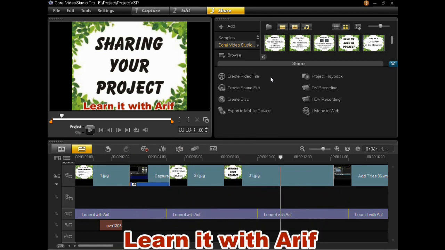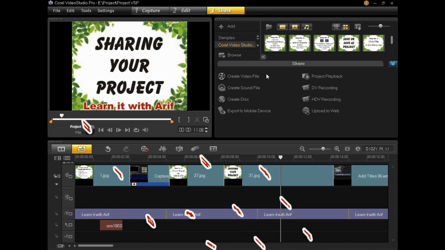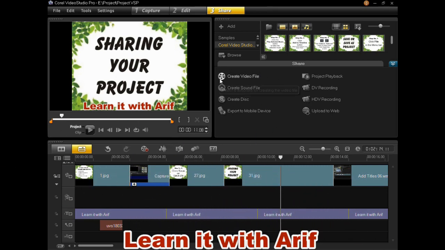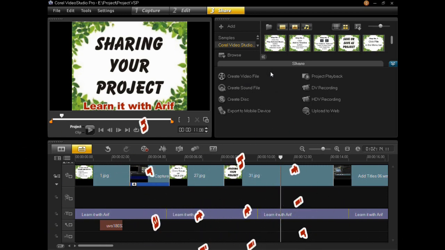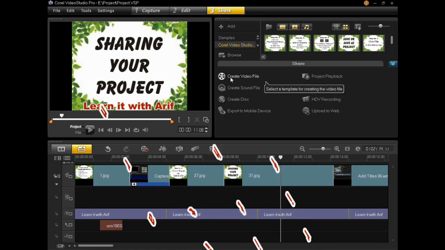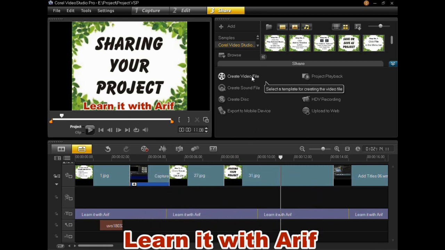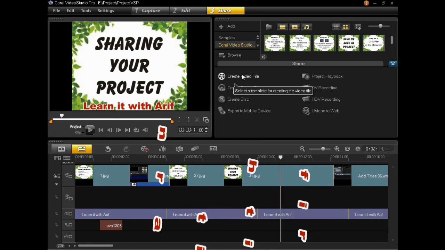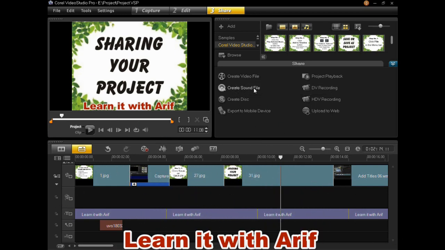Now in the share workspace, choose the file format in which you want to export your video. Here is create video file. You can create a video file using this option.